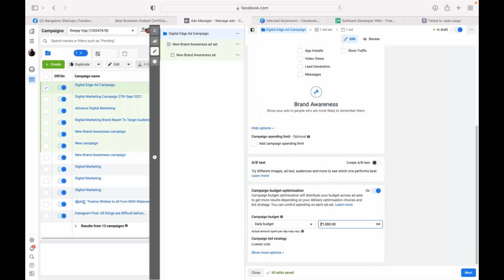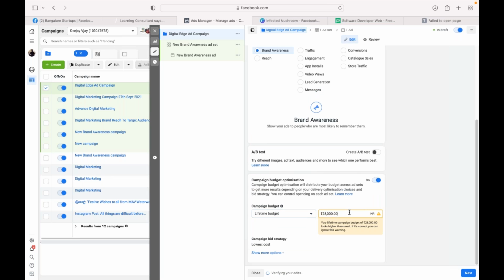Okay, here I keep a daily budget of 1,000 rupees. If I keep it lifetime, there's a certain amount, and till that amount gets over, the ad shall be running. But if you keep daily, that amount gets cut from your bank account and goes into it. But if you keep a